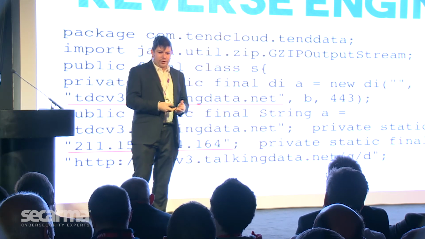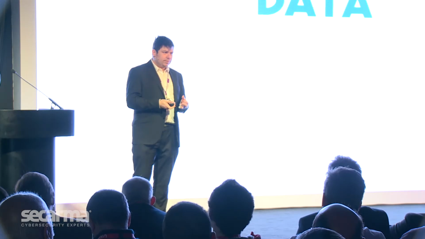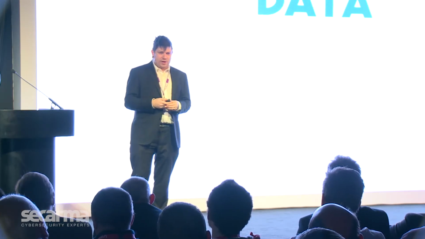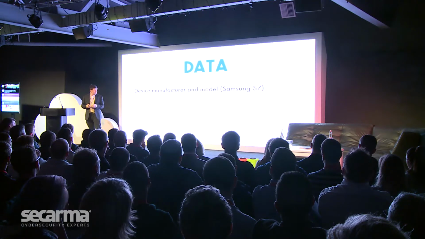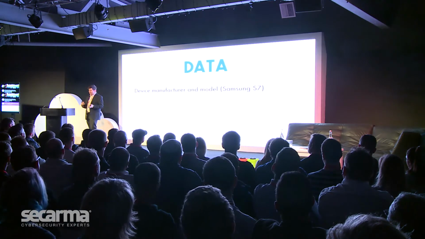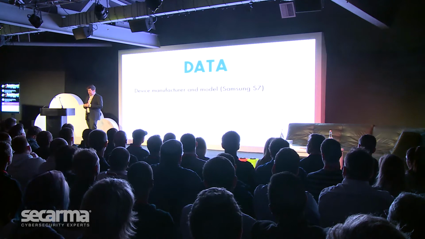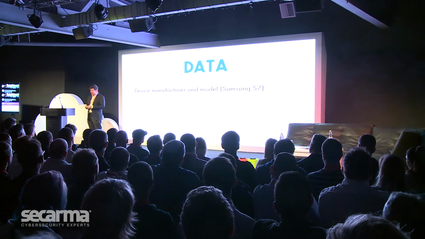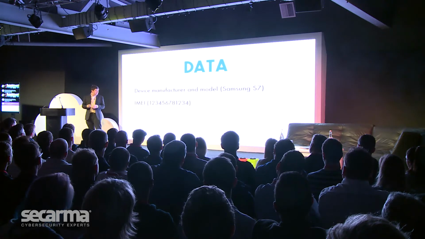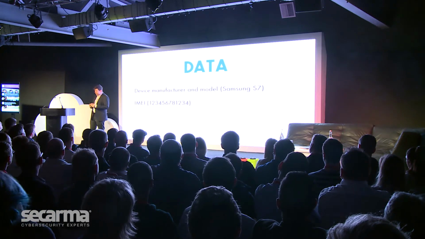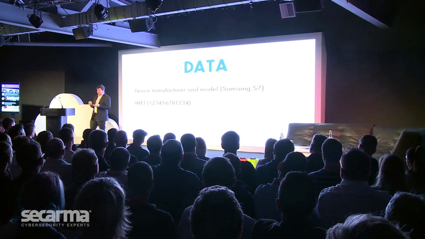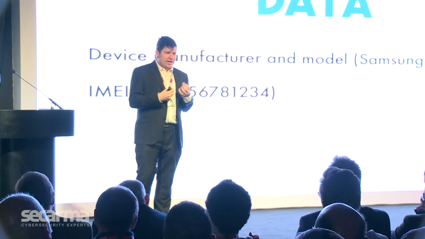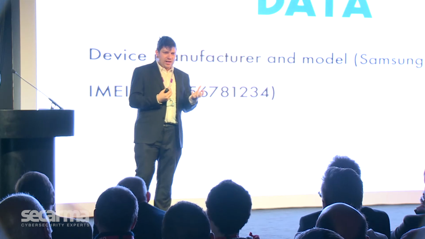So I went through, looked at the binary mess that I saw earlier, and started carving out what was being sent to this third-party analytics company. It was sending the name of my device, so if it's a Samsung S7, for example, sending that across in this weird binary mess to this Chinese analytics company. It was sending my IMEI, which, legally, is maybe not personally identifiable information, but it certainly identifies that device and where that device sits.